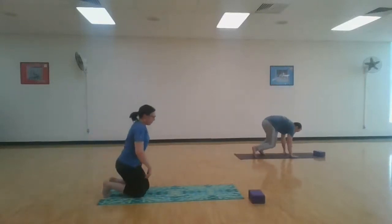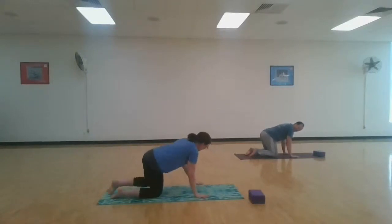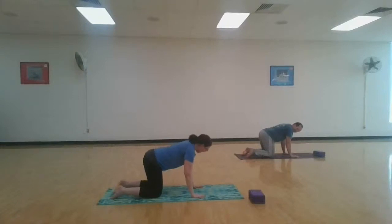So we're going to come down to all fours. And we're going to plant our hands, what I call starfish. So all 5 fingers spread wide. It gives you a stronger base of support when you have wide fingers, when you're on your hands in yoga. From here, we're going to stack our shoulders over our wrists, our knees under our hips, tops of the feet, again,